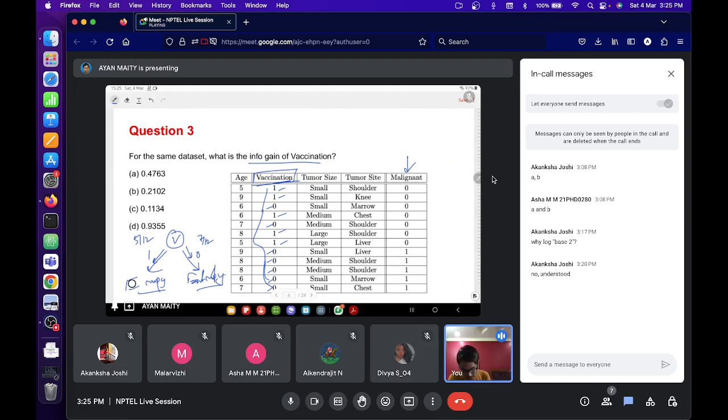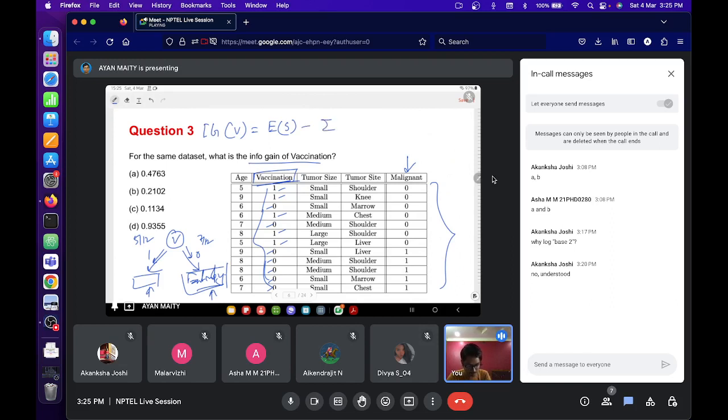For finding the entropy of this side, you again have to use the decision variable. Which elements have gone to the left hand side, and how many are going to the right hand side? Based on that you find the entropy of each side, and then combine them. The overall information gain formula for vaccination would be the entropy of the whole data set. The whole data set is sometimes written as E of S, where S is the whole data set,